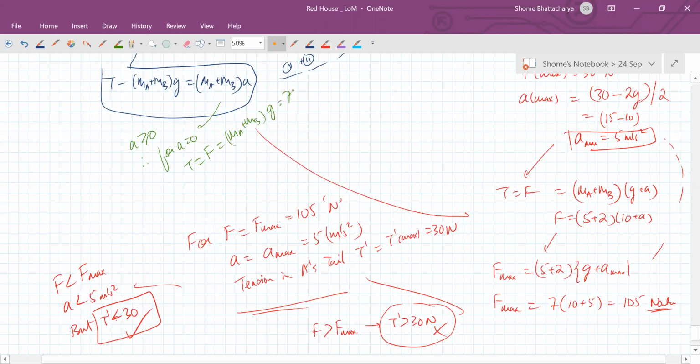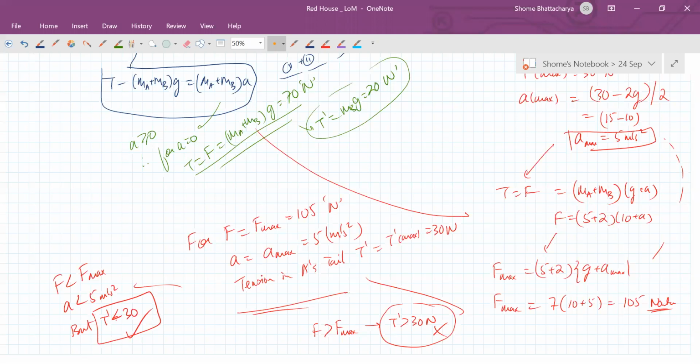So that's 70 newtons. And in this case, what will happen for this particular case, the tension in his tail, you'll see will be just the weight of this guy. So it will be only 20 newtons. So it's very much in the safe zone. So to be moving up with some acceleration, I mean, just to be moving up, whether the acceleration is 0 or greater than 0, but the tail is secure, it's not breaking. The range of force is between this minimum value, which is written in green, 70 newtons, and this maximum value, which is corresponding to the maximum tension T prime of 30 newtons.